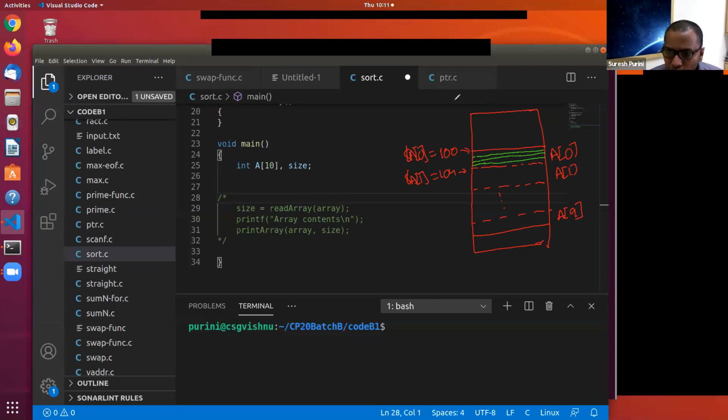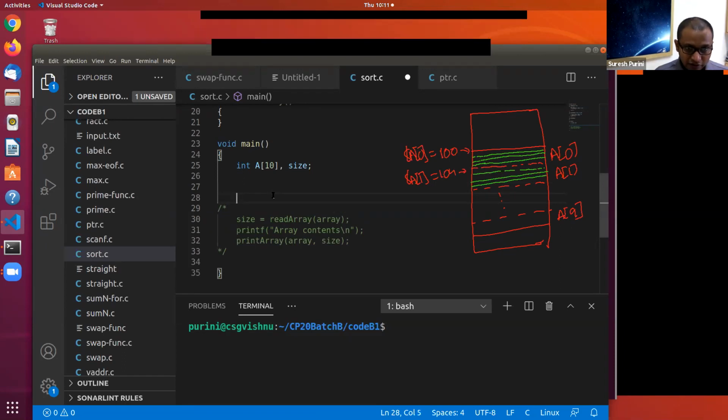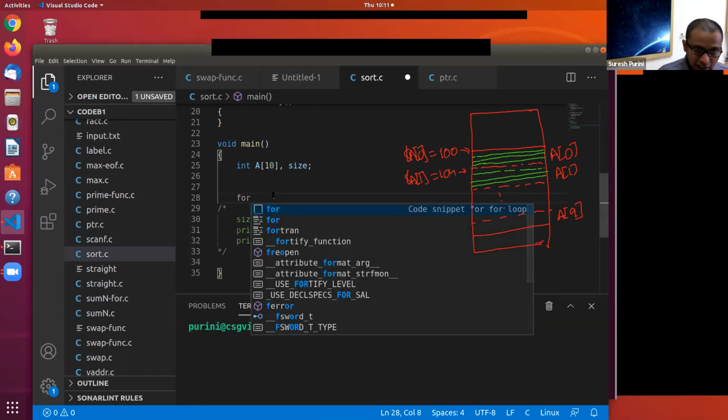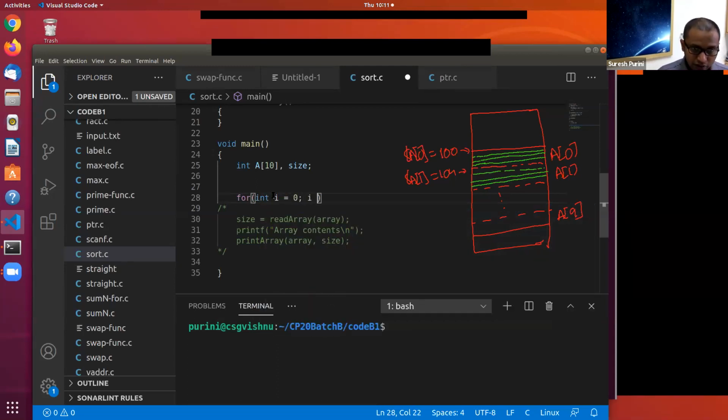So the address of the lowest byte would be 100. And similarly, a of 1 is also 4 bytes. So 104 points to the lowest byte address, right? If you want to see whether this is actually the case, let's try to write a program: